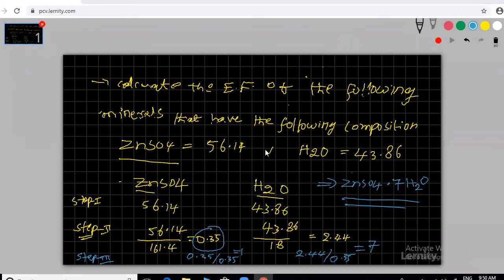We are given weights, again the same procedure: take the weight, then divide with atomic masses, and because this is a molecule, we use the molecular mass. Here also for H2O, the given weight followed by its molecular mass. Then among those values we take the smallest value and divide with that again. Then we got 1 here and 7 here, so those are the numbers. Yes, hydrated zinc sulfate. Very good. Correct.